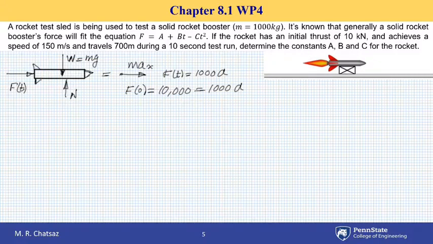Therefore, acceleration can be determined at time t equal to 0. Observe that because the force is a variable function of time and the mass is constant, acceleration a is also a variable function of